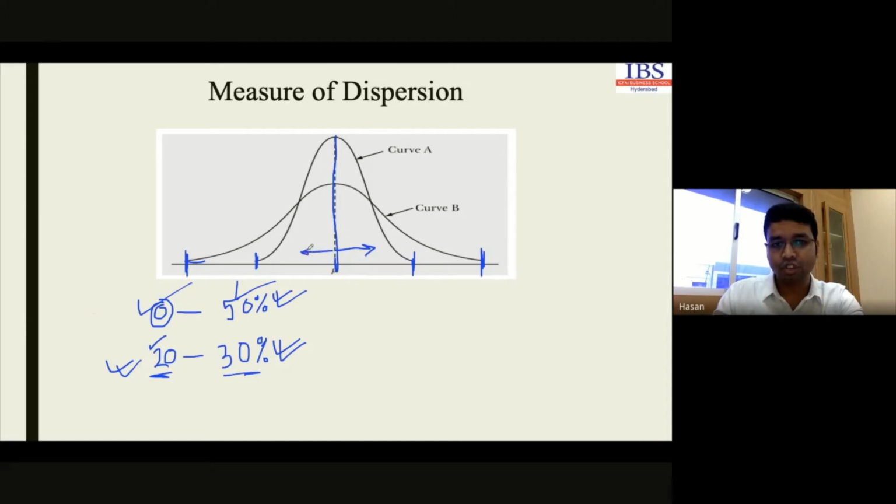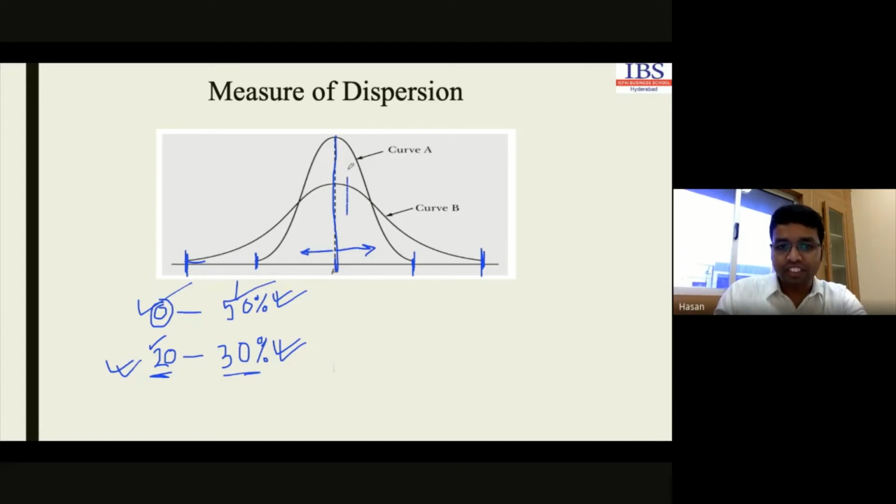From the target point, how much we differ is known as dispersion. Target से हम कितना दूर जा रहे हैं, वो dispersion होता है. So if our data set is spread over a long area, that means our dispersion is more and we may lose our target. So it is not very good every time, but if the dispersion is closer to the target point, it is more expected. It is very consistent also.